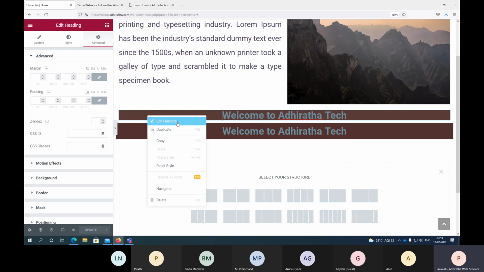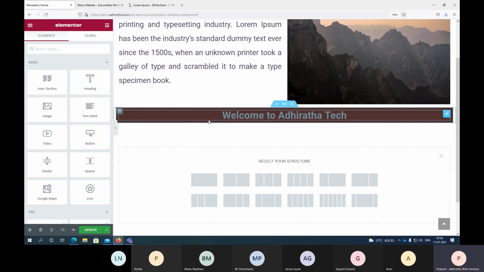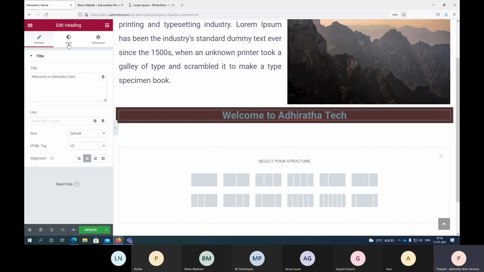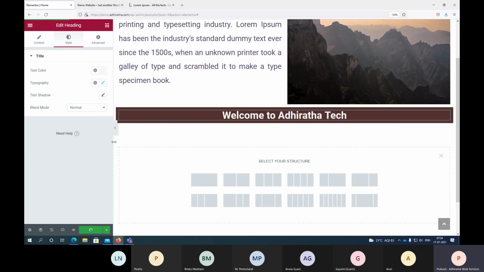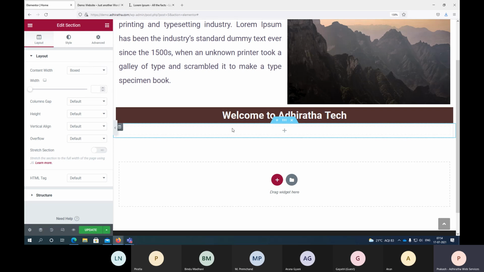Okay. What we did: Edit Heading. That means for the component you added, you added a background, right? So for me, this is not required, so I'll remove that. Okay. Maybe this time, color option. I don't want this grayish color. I'll go with the one like this. Okay. Now, like this, you can add as many components as you want.